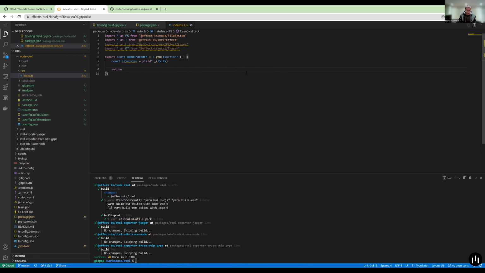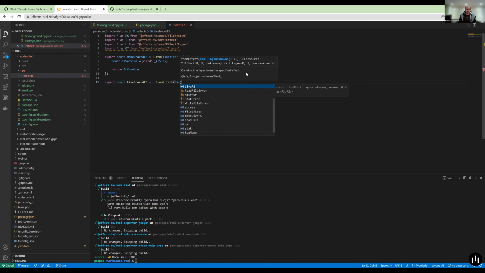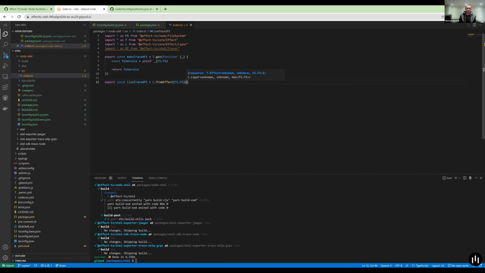And if we now return it, the fs service, that would be just as before. But we would then say live traced fs, which is a layer from effect, fs again, make